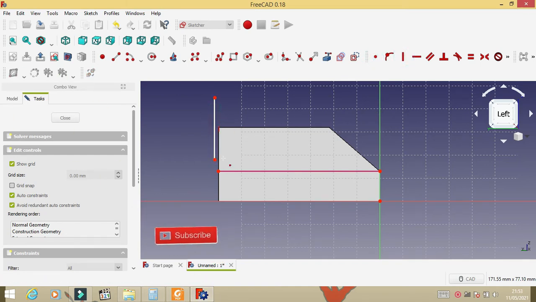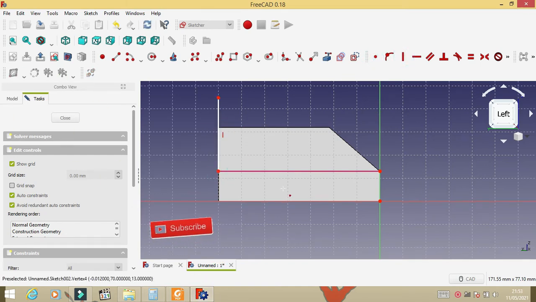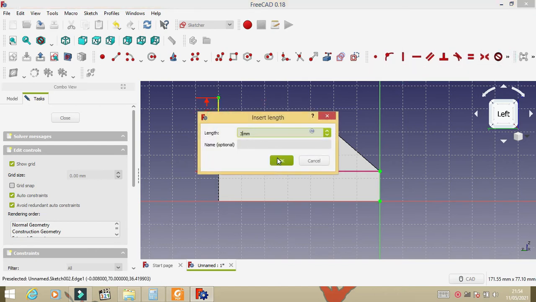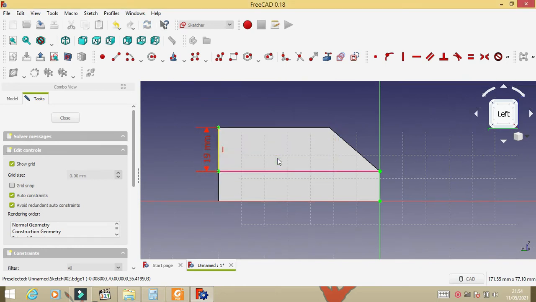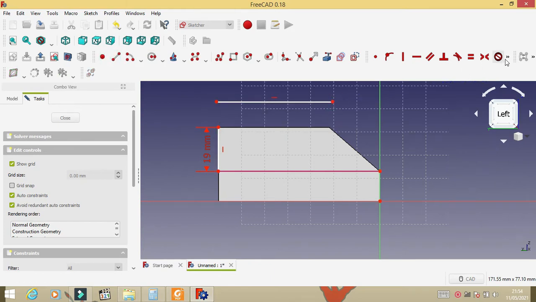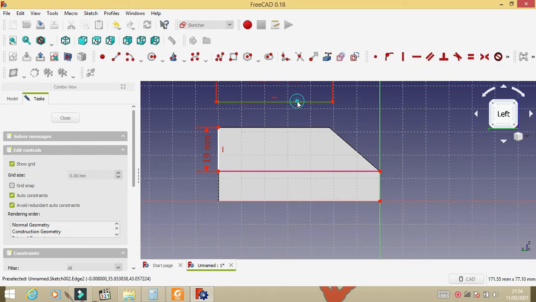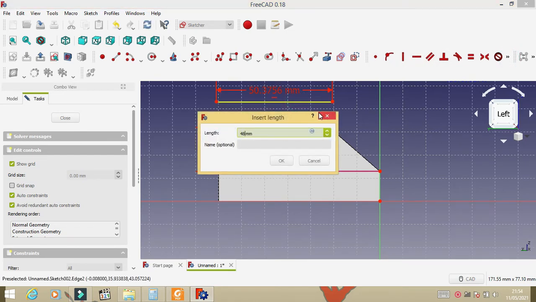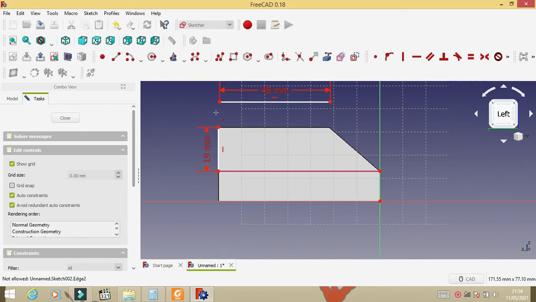Make vertical. 19mm the dimension, and 48mm.